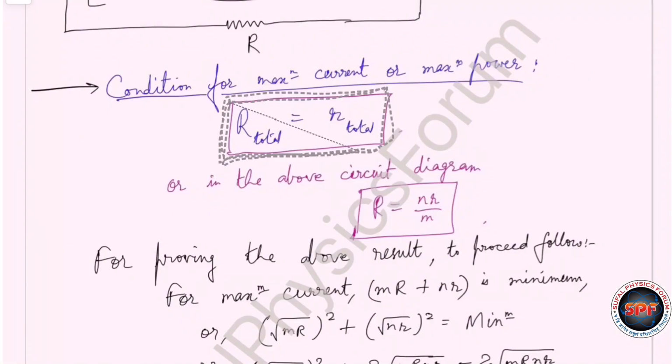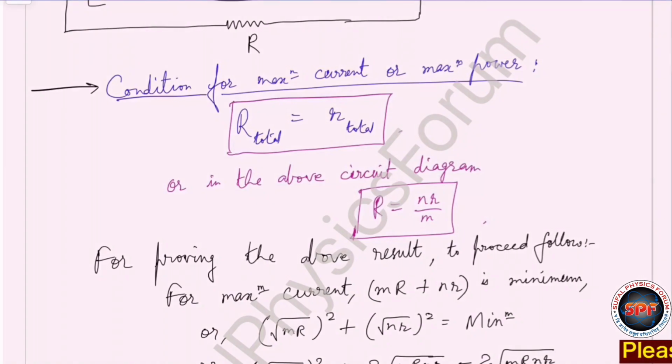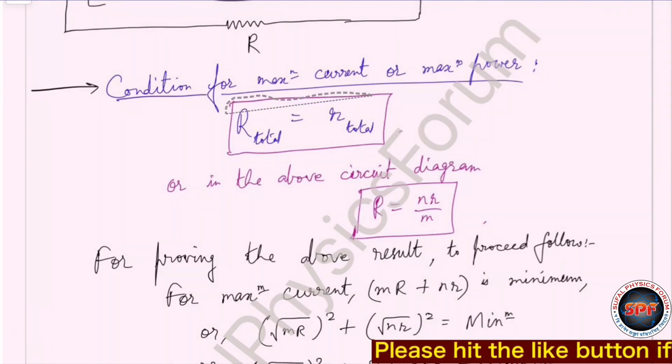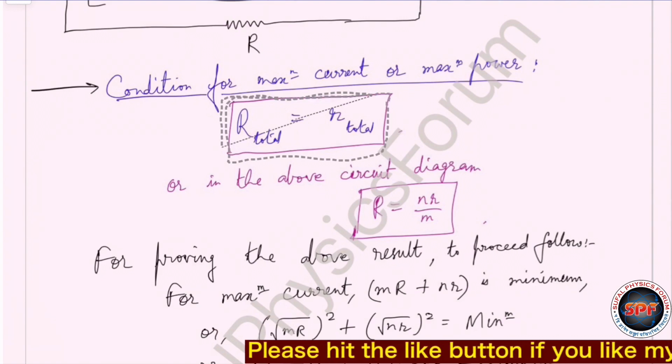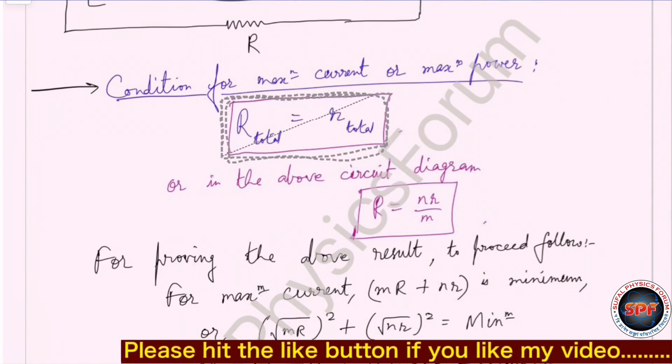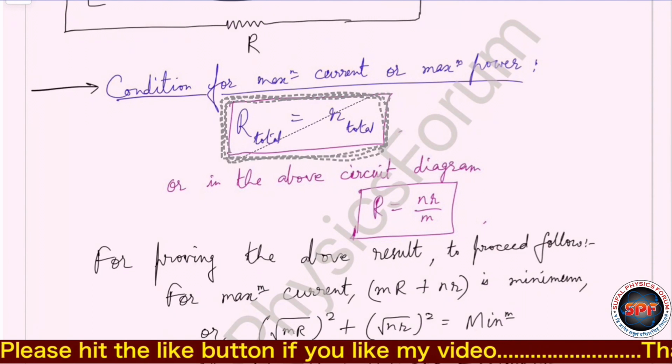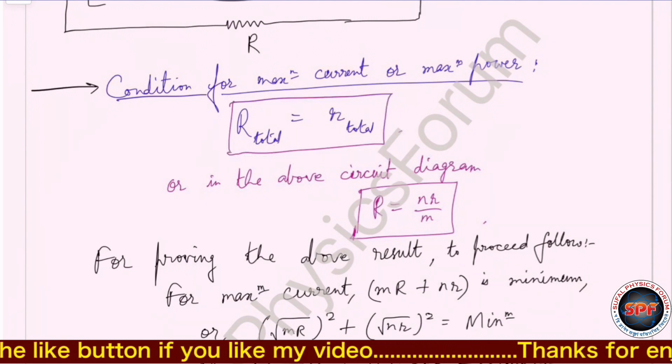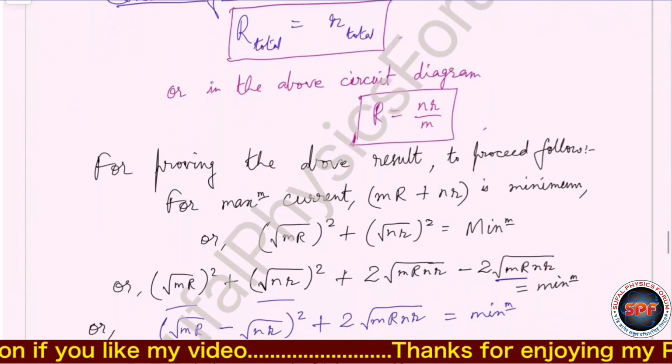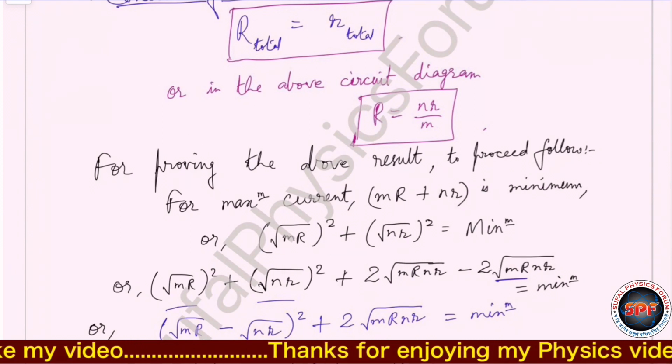It should be total external resistance equal to total internal resistance for any electrical circuit. It is the condition for maximum power. So here also,